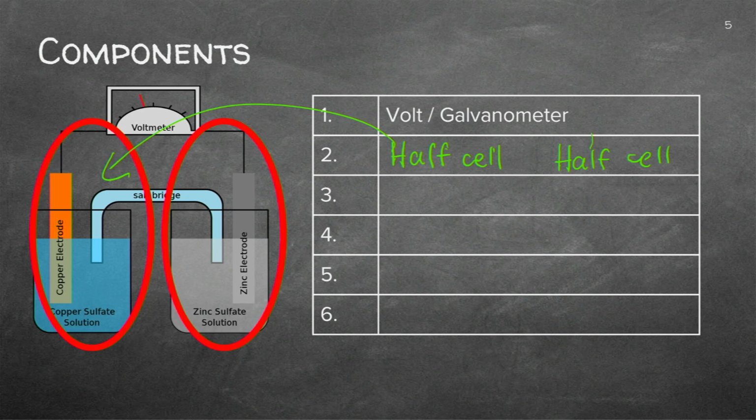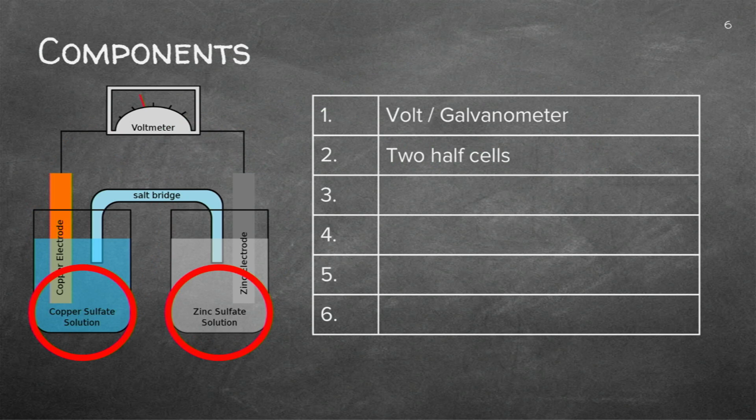That will be the other one. So I've got two half cells making one battery for that matter. What do I add? I've got here a solution. Now that solution will have Cu²⁺ or Zn²⁺ or whatever ions will be available, and that we call